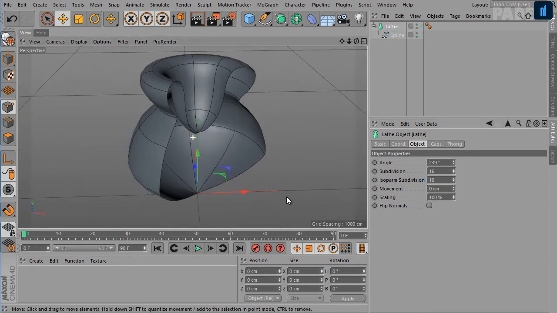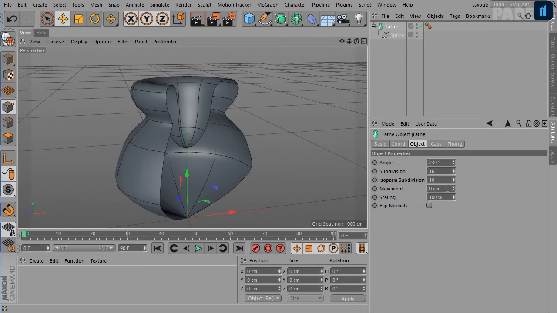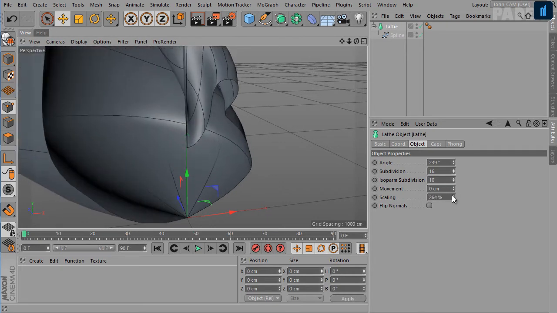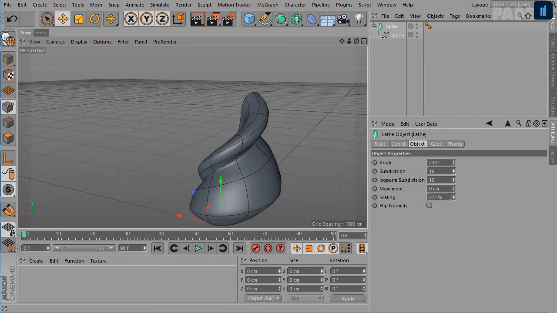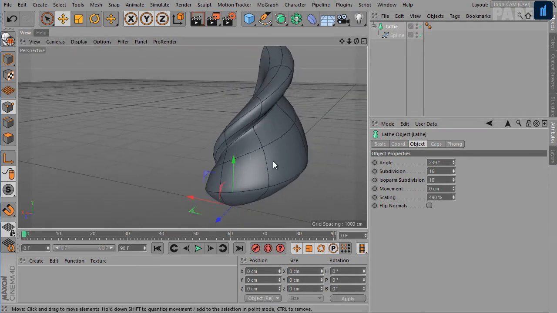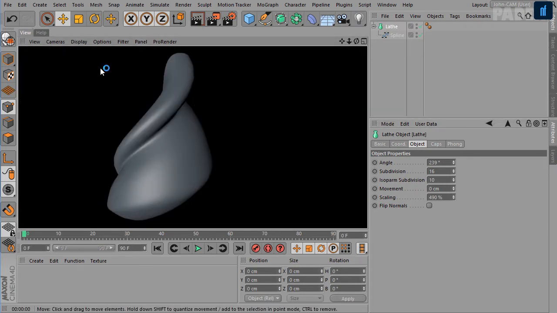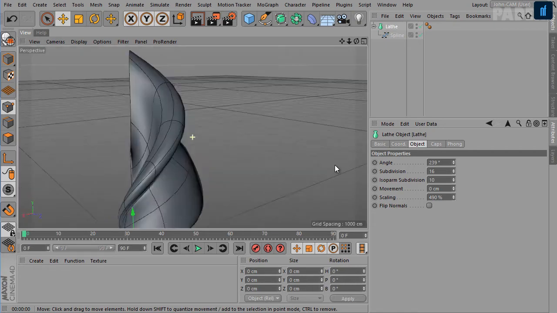The scaling attribute controls the final scale of the spline. The spline is scaled with respect to the origin of the local axis system of the generator. So you can go ahead and scale your spline to create such shapes.